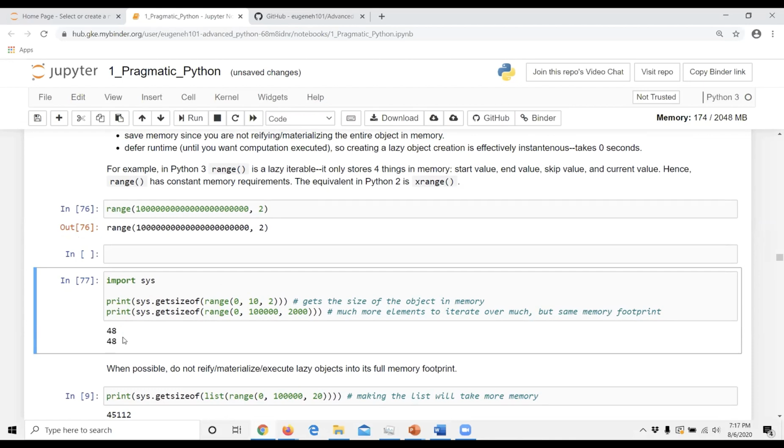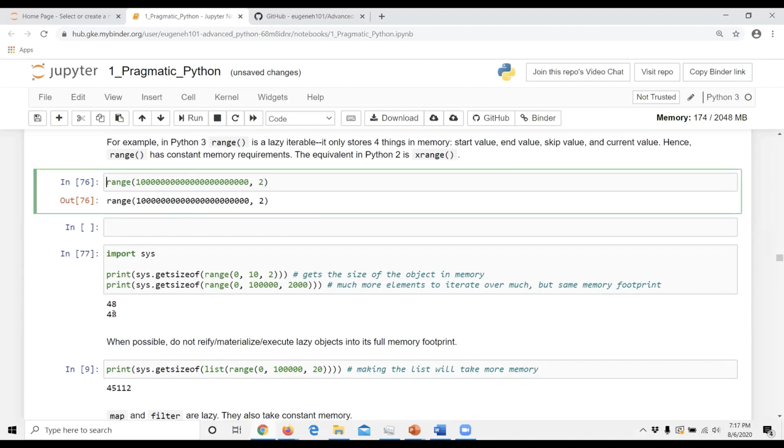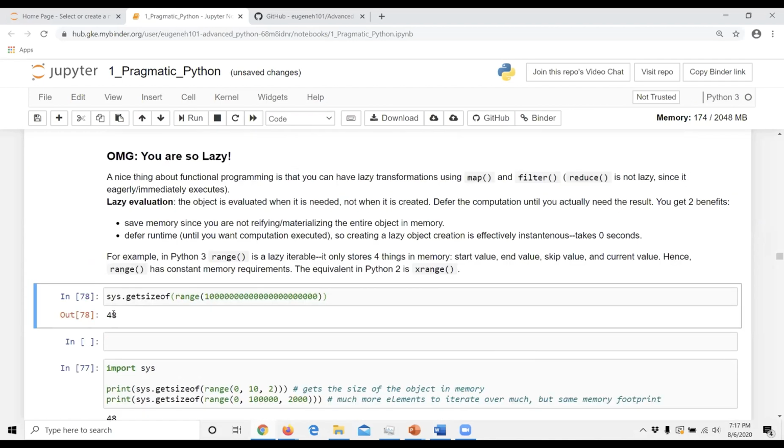My guess is that each number takes maybe 12 bytes or something. I don't really know the internal implementation details, but it's really taking just constant memory. So even if you want to do a range of this, it would still be 48 bytes.